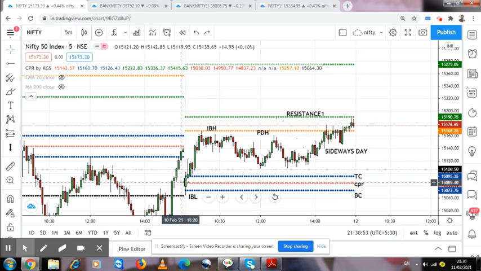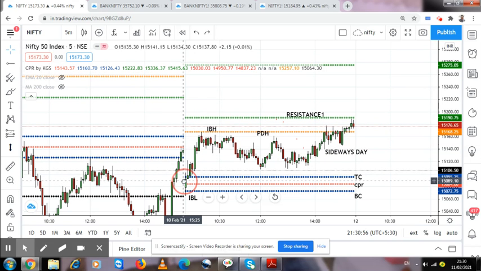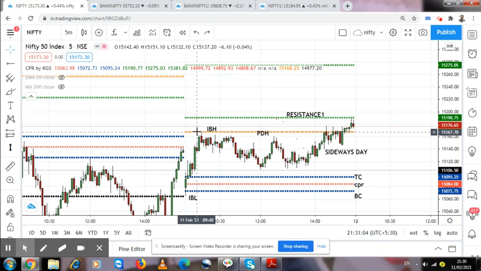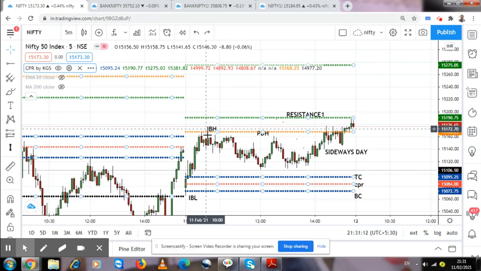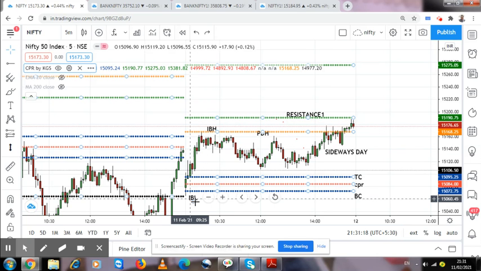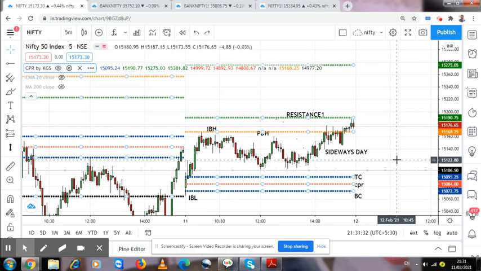But in this case you can see that the price opened here, and you can see the movement from the pivot range till here. This line is basically nothing but the previous day high, which was 15,168. And I have also marked IBH and IBL. This is basically initial balance high and initial balance low. Usually an experienced trader just watches the first 1 hour trading pattern, and they mark the level so that they play accordingly.